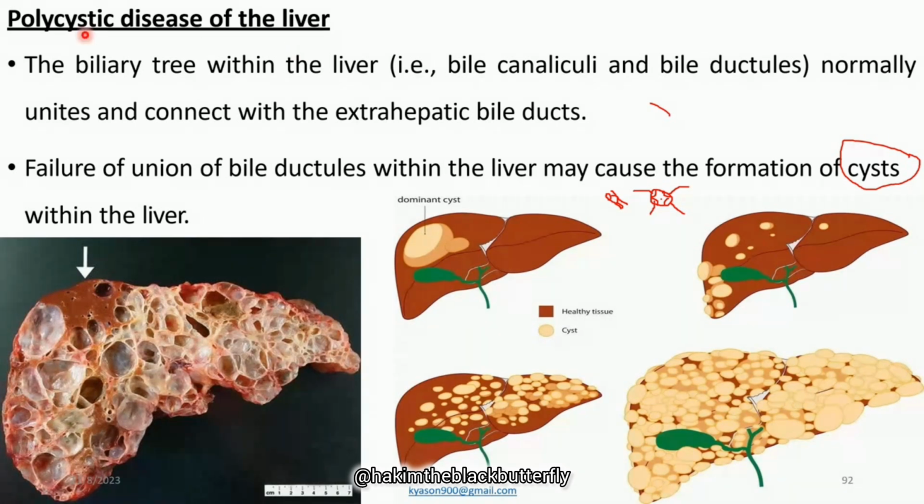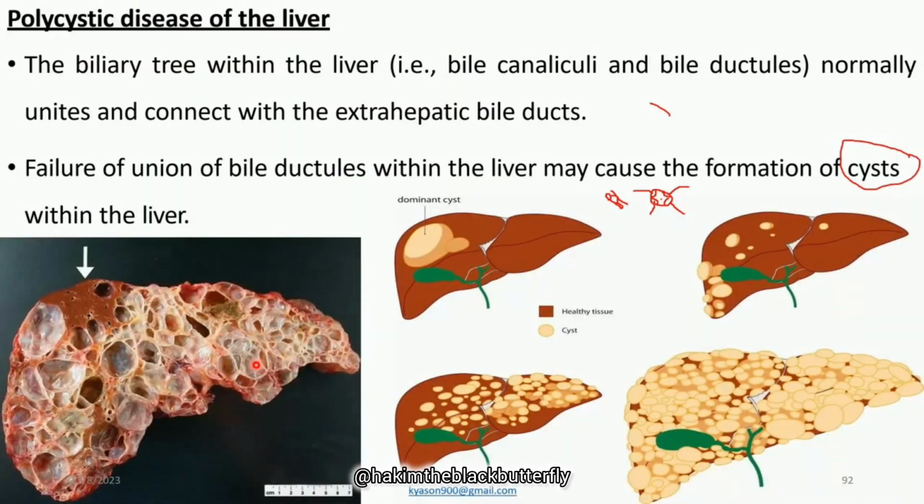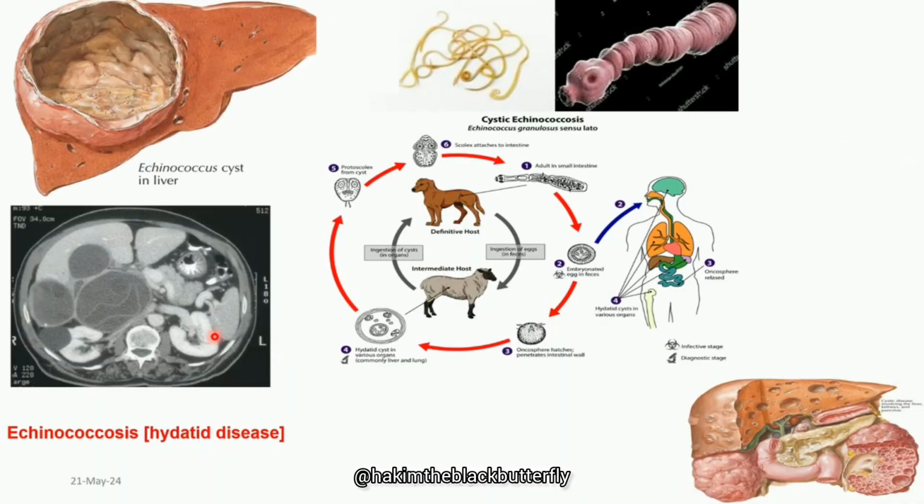It's possible to have cysts within the liver because of other reasons. Here we said cysts can form as a result of abnormality in the development of the intrahepatic bile ducts. But also it's possible to have cysts in the liver because of other reasons. Of course, as I told you last time, there are many conditions that you learn about that affect various organs of the body when you're studying pathology, but here I just added one to talk about the fact that it's possible to have cysts in the liver even without